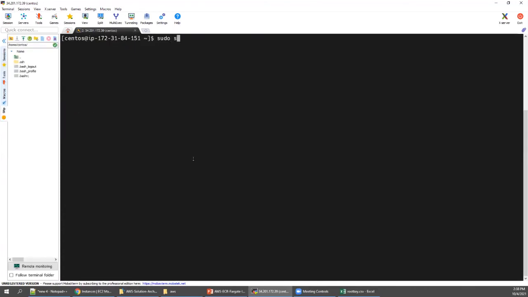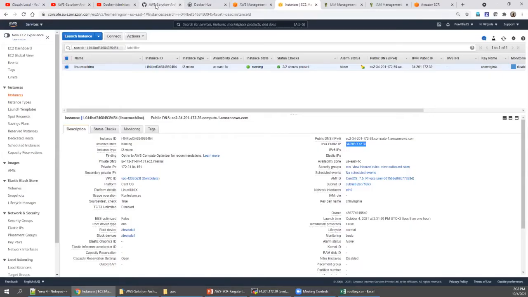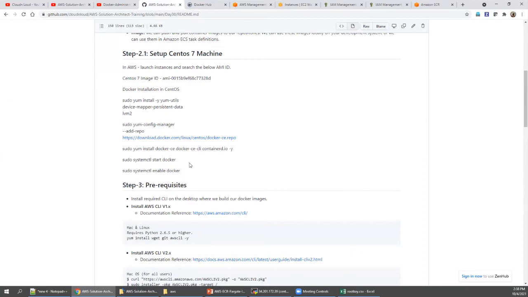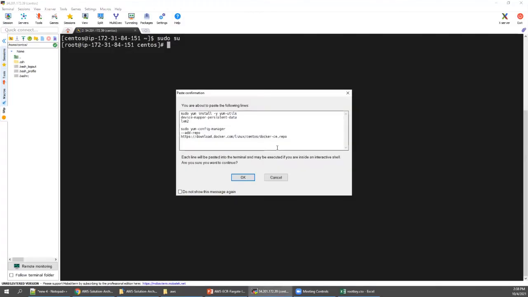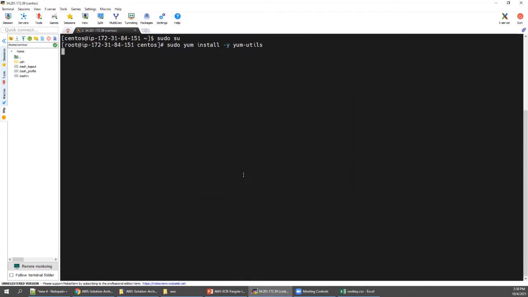I'm switching to root. Once I've switched over to root, I'm going to start installing all these prerequisites, then Docker Community Edition. Let's go with this. This will install all the prerequisites.